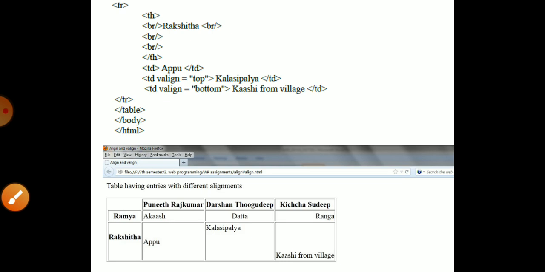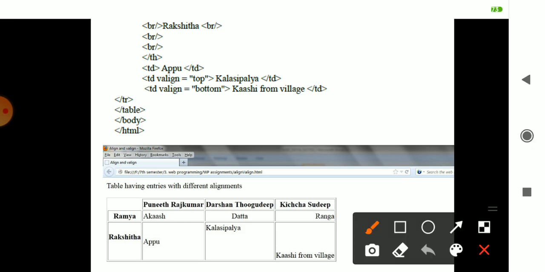Next I consider another row, in which three columns are present: Rakshita, Kalapsia, and Kashi.